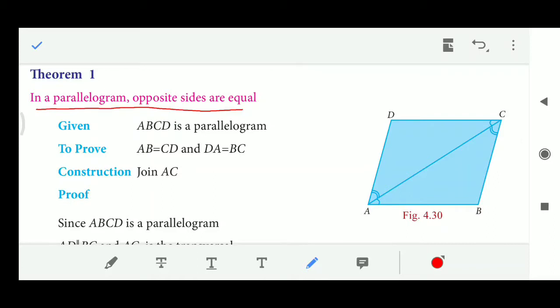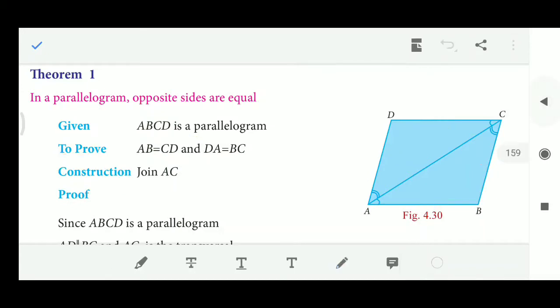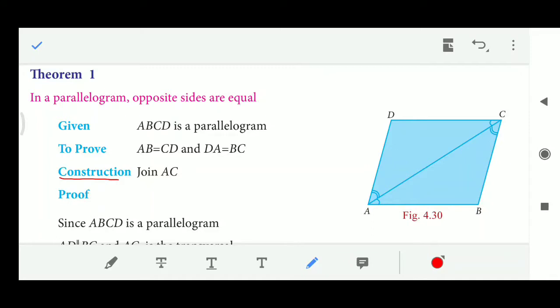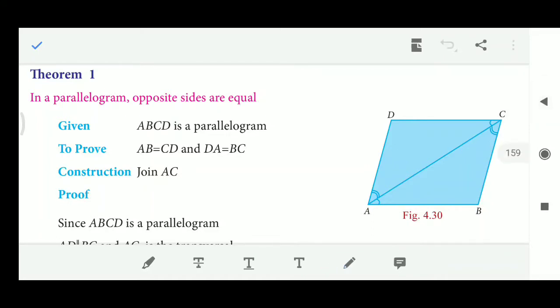First we have to draw a parallelogram ABCD. So given is ABCD is a parallelogram. What we have to prove is AB equal to CD and DA equal to BC. For that we have to construct, join AC. Proof: since ABCD is a parallelogram,